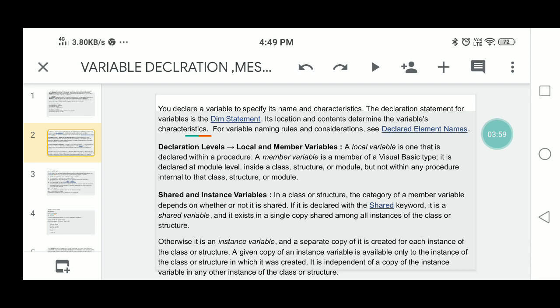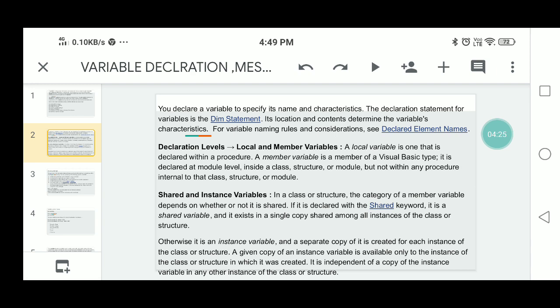For variable naming, rules and considerations are there. Here the declaration levels are local variable declaration and member variable declaration, and also shared variables and instance variables. A local variable is one declared within a procedure.